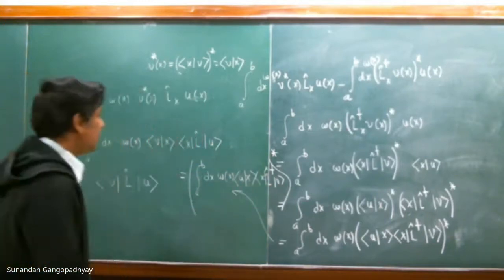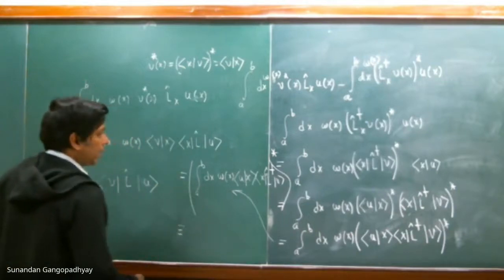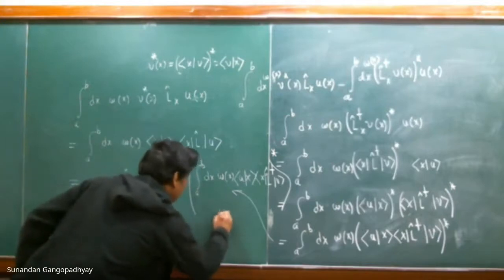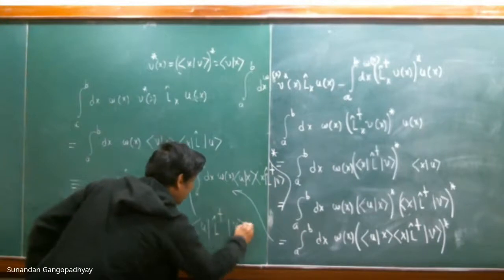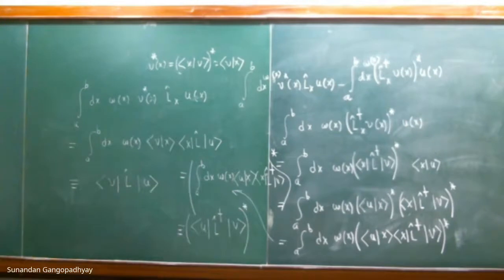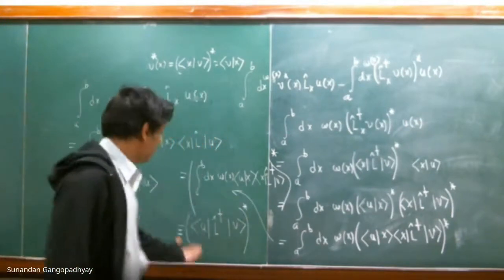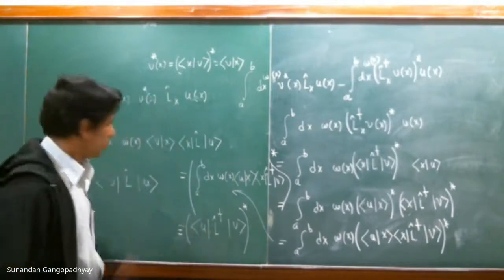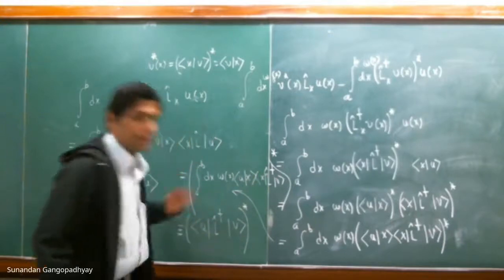But what is this full thing? You have a notation for that. You can write it in a nice notation. You can write it as L hat dagger, bra u ket v, complex conjugate. So this expression you can write in this way. This is a notation, so that is why I have put an equivalent sign. You write it in a compact notation like this.